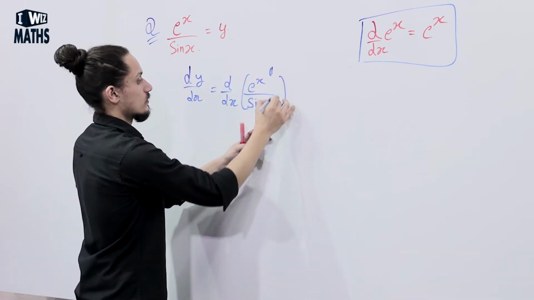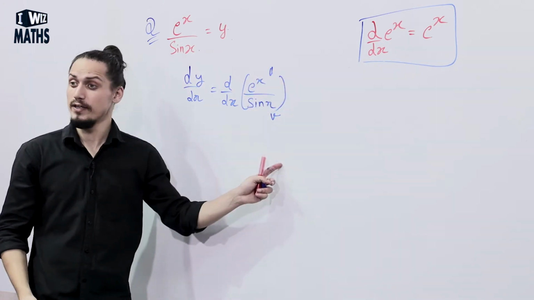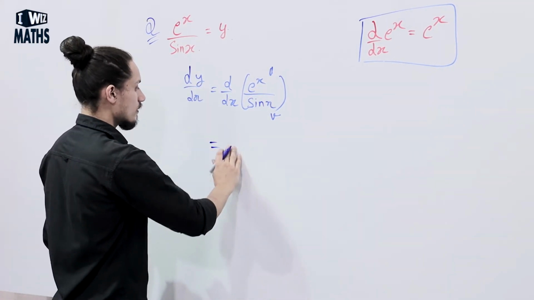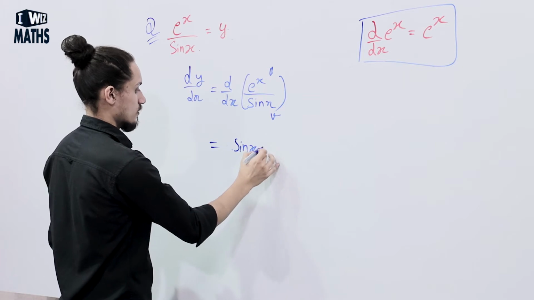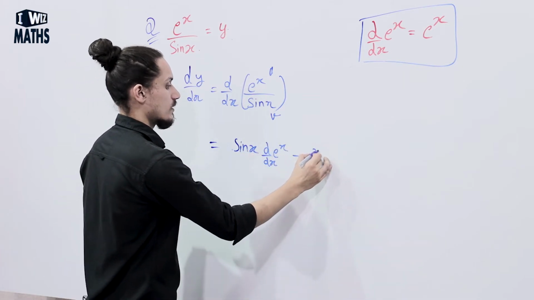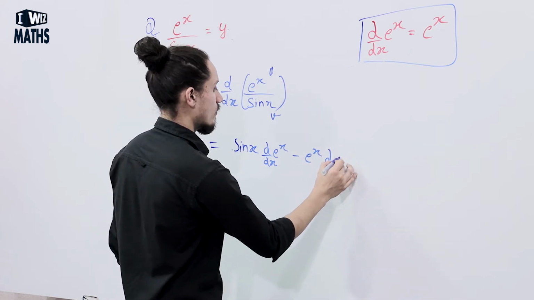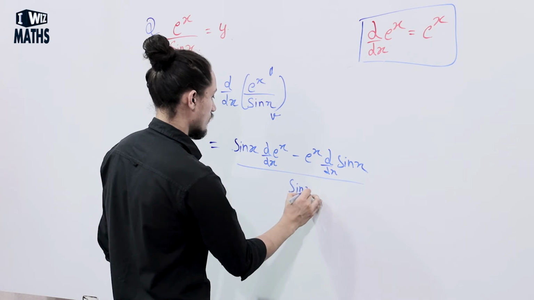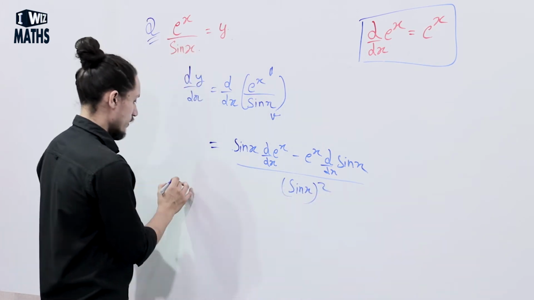This is u, this is v. We'll use the u by v rule in case of division, which is equal to second function into derivative of first minus first into derivative of second function divided by second function whole square, which is equal to